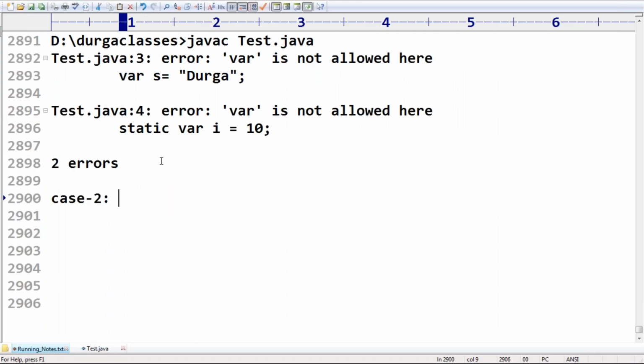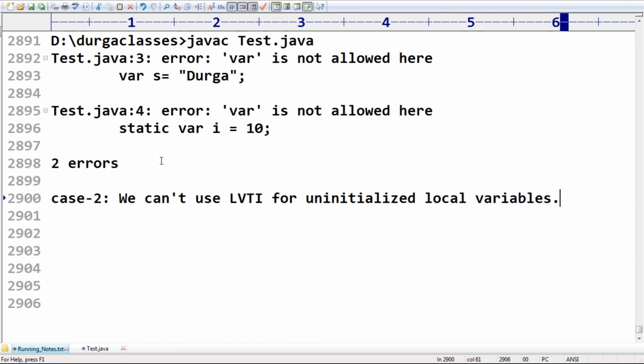So case 2: we can't use local variable type inference for uninitialized local variables.